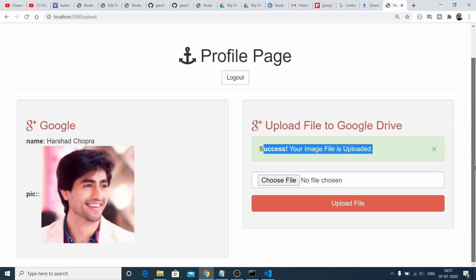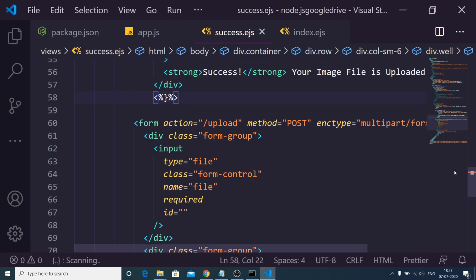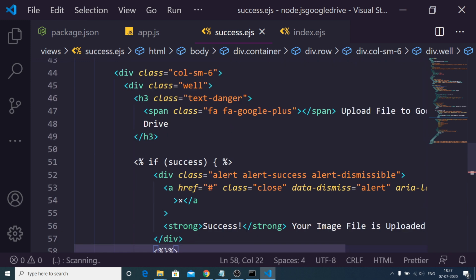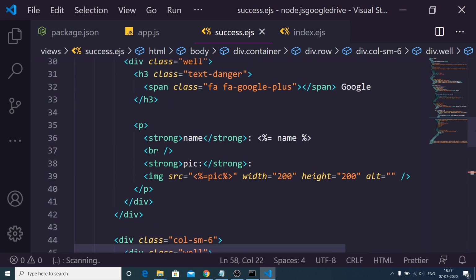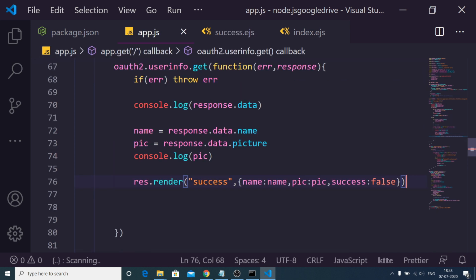It is possible. Now we just need to make a simple change here. If I select this logout button, I need to log out. Basically it cannot find this GET route for /logout. If you see here, I have bound this route, /logout, to this logout button. Now we just need to make this route.